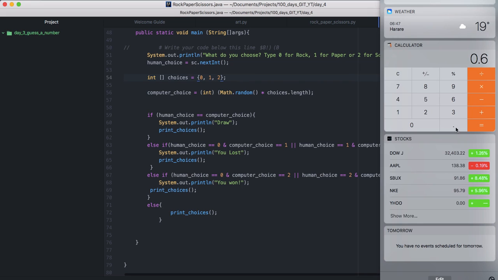If we pick another one, let's say 0.8, multiplied by the length, we're going to get 2.4. So we're going to get 2 over here.